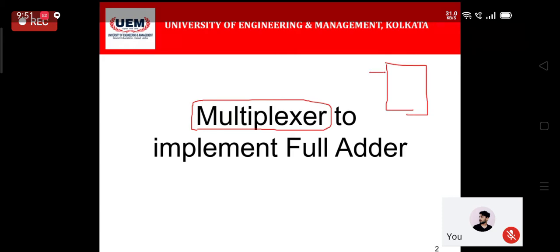A multiplexer can be either 2 to 1, or 4 to 1, or 8 to 1, or 16 to 1, where there are n number of select lines and there is a single output coming out from every multiplexer. No matter what the number of input lines is, the multiplexer output will always be a single one. So it's a many to one converter circuit.